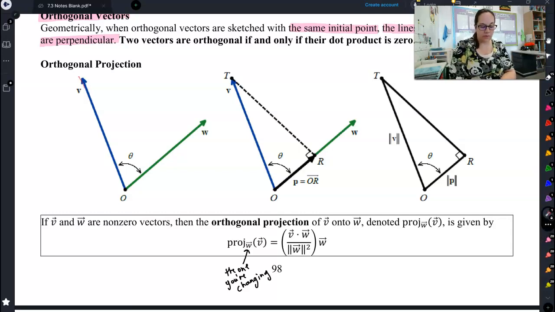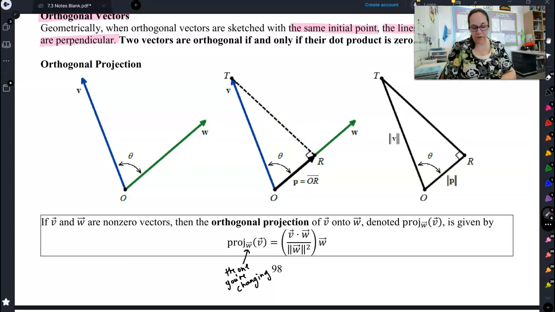For example, these two vectors, v and w, are definitely not right triangle worthy. They don't have a right angle anywhere. So we can do what is called the orthogonal projection. This is where we're actually going to change the length of w so that it does make a right triangle